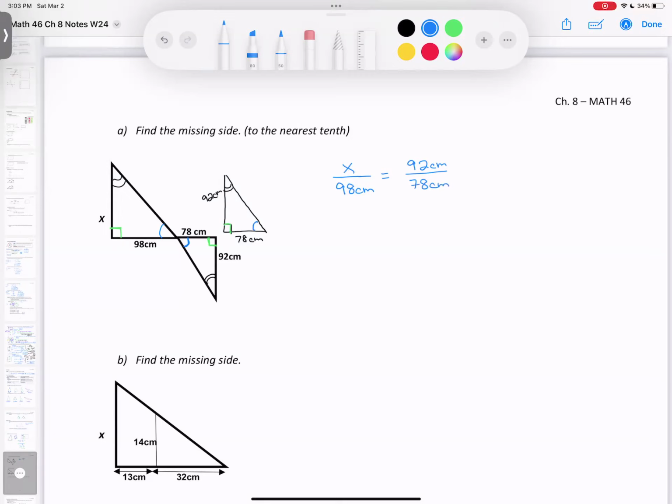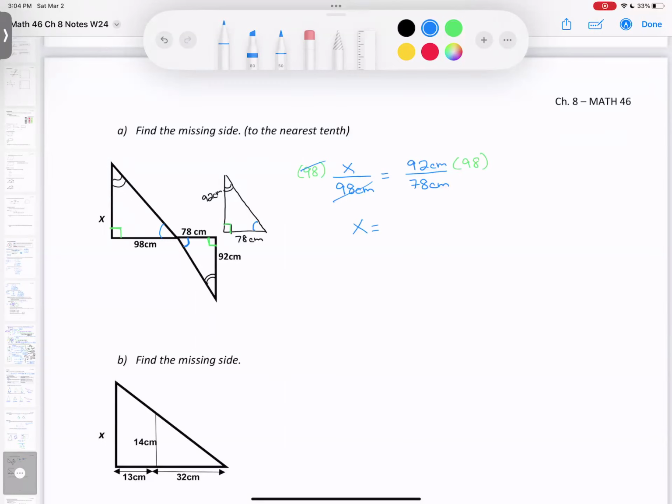I don't really need to think about my centimeters yet, so I didn't need to write centimeters in there. Let's multiply everything by 98. In other words, we're going to cross multiply that 98 up and over the equal sign. And so those cancel, x is,